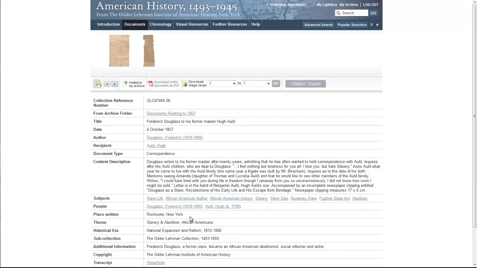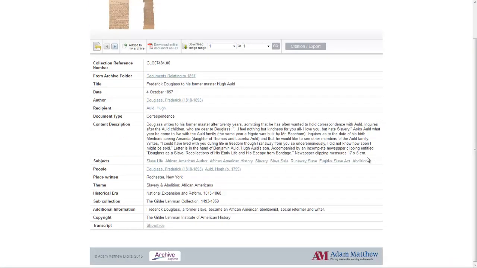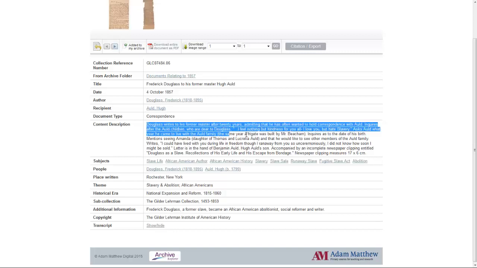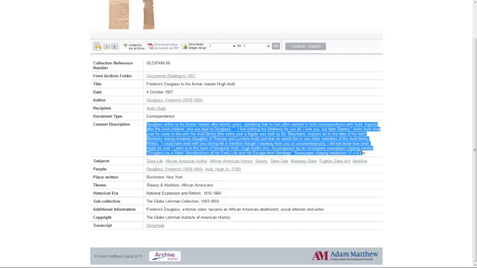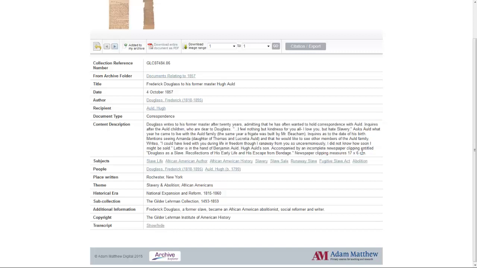Really extensive metadata. In our later collections, such as American History, we do include a content description for every document. So this is a really nice way in if you want to speed up your research and you're scanning through documents. You can check the metadata in this content description to get a really good flavour for whether the document is something that you're interested in.